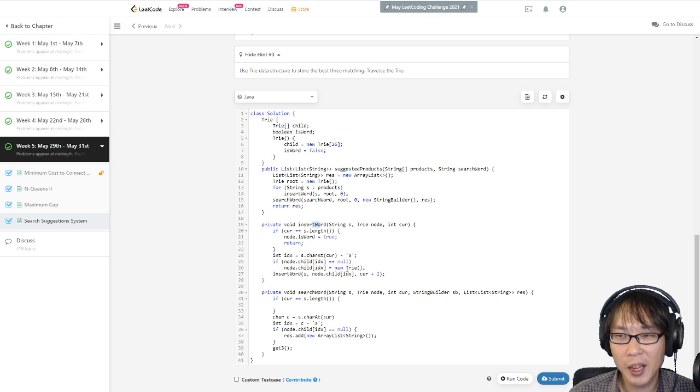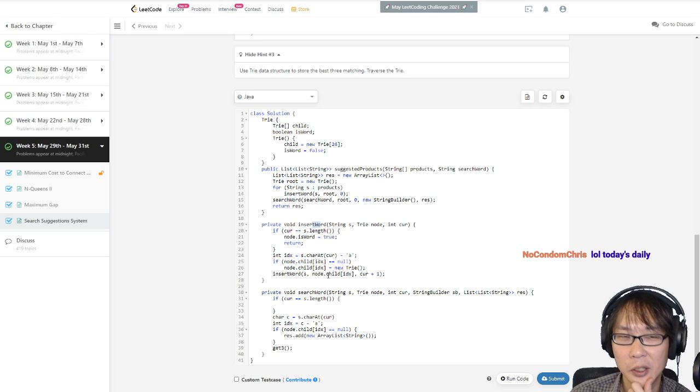So while you are returning, you can just put the 3 list in there so that when you do the search, you don't actually need to search the 3, right? So when you insert,